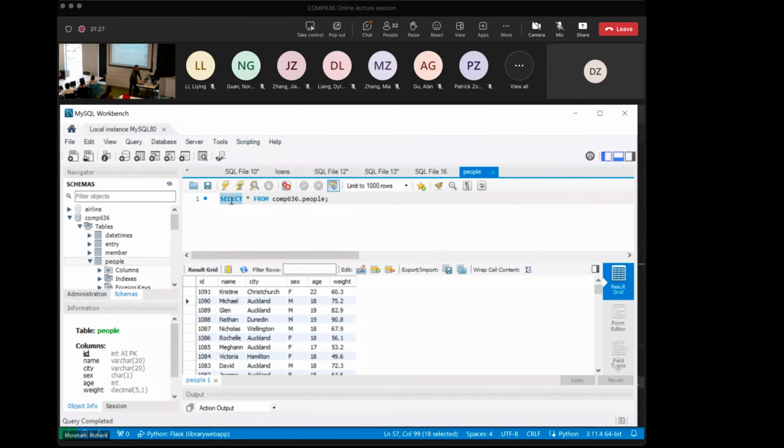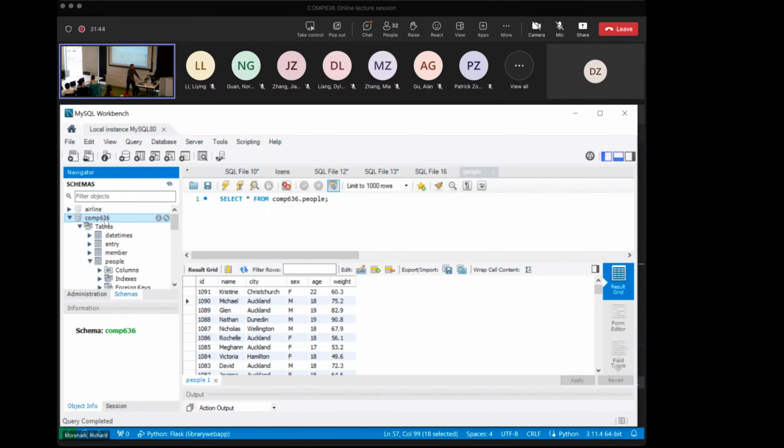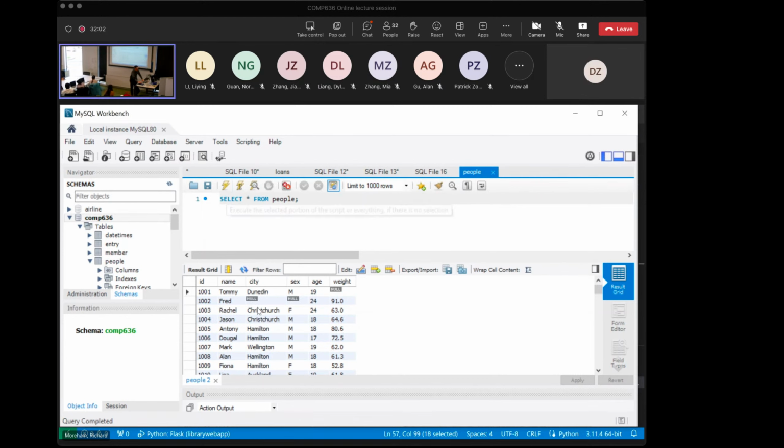So select star is a shortcut for meaning give me all of these columns from, and comp636 is over here we've got a schema, which I'll come to, and so often you'll just do it like this. So select star from people, and people is the name of this table. So this is the table called people, and select star. We run it here, and it gives us this data. It just gives us the whole table, which is kind of useful, but